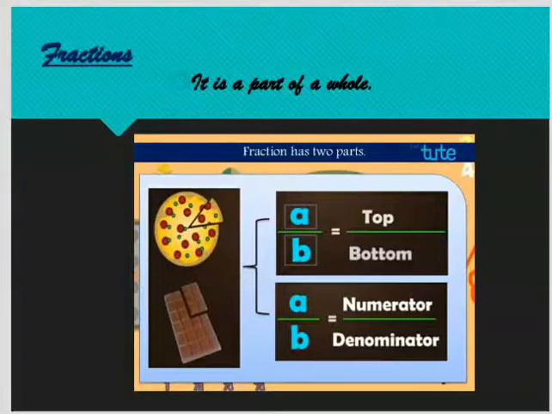The number which is above this line is known as the numerator, like A, which is present at the top. B, which is present at the bottom of this green line, or you can say the fraction bar, is known as the denominator. For better understanding, let's take one example. One pizza. This whole pizza represents the whole number. When you divide this pizza into two equal parts, each part is known as 1 by 2. It means half of the whole.